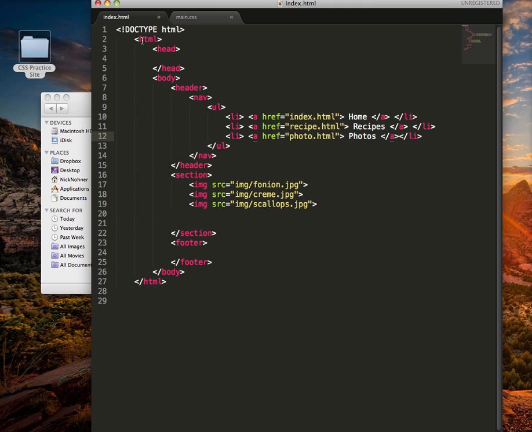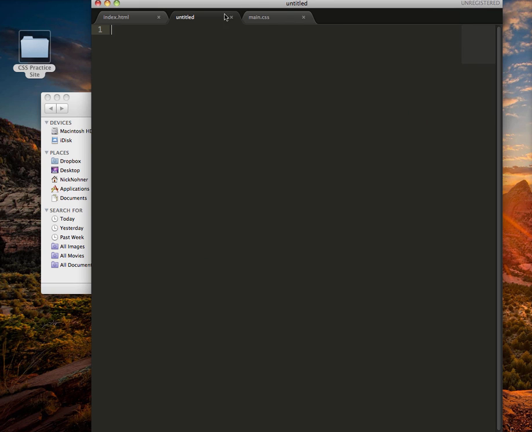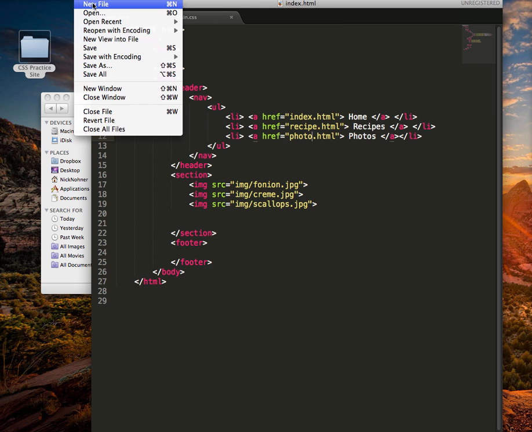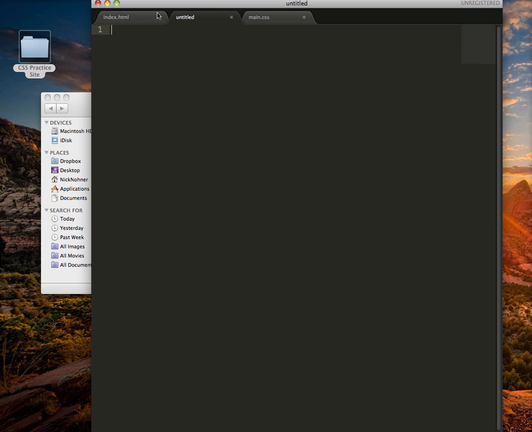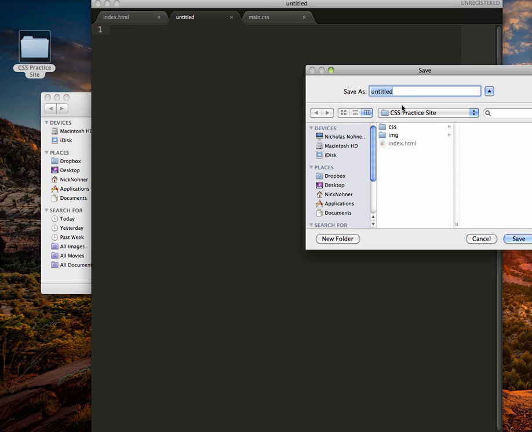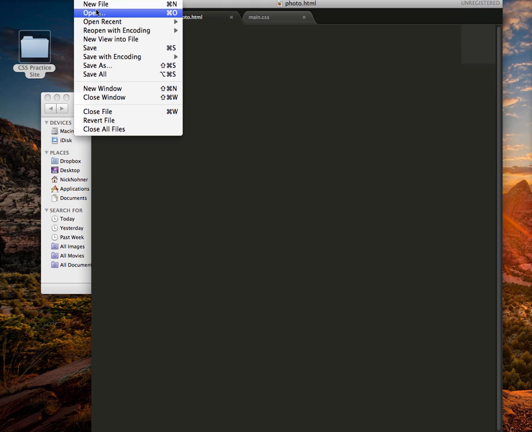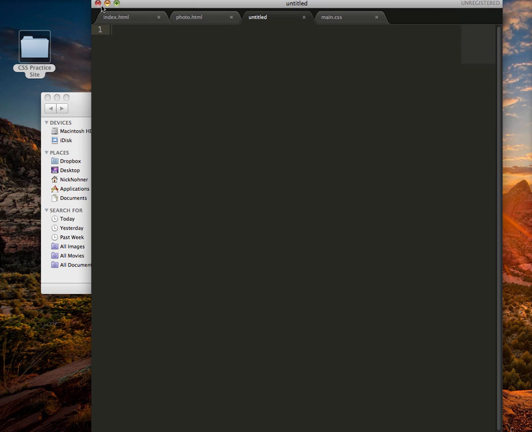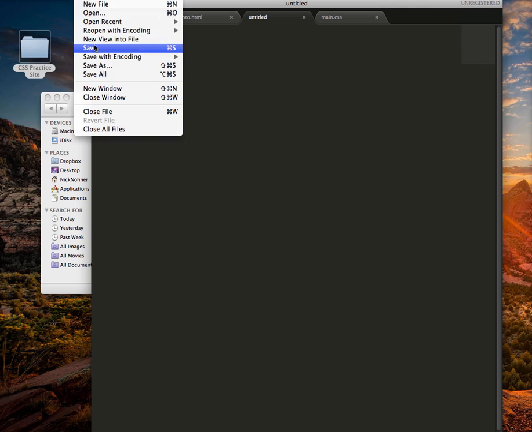So the way to do that is you can do Control N to get a new tab, or you can go to File, New File, whatever floats your boat. And I'm going to save this as photo.html, and I'm going to save the next one. So I'm going to make a new file and save it as